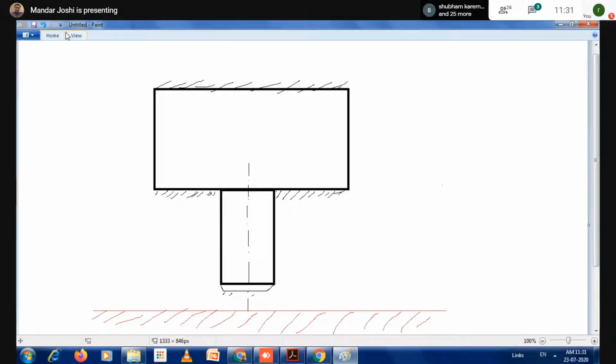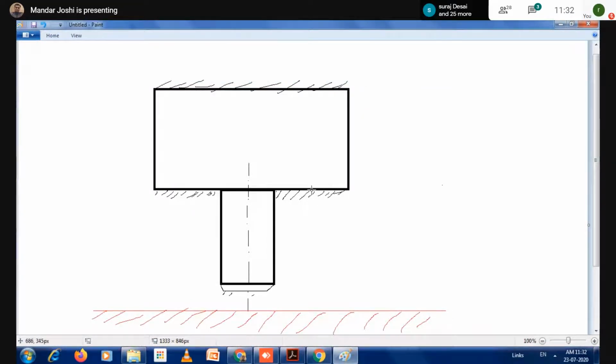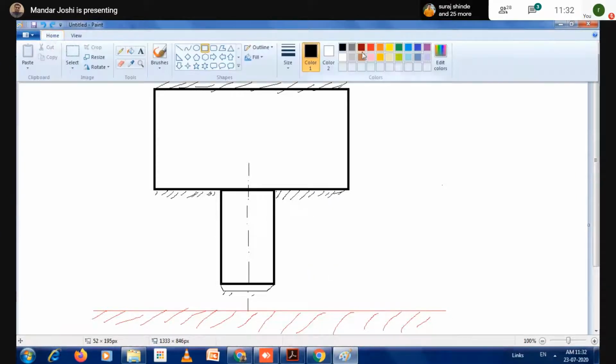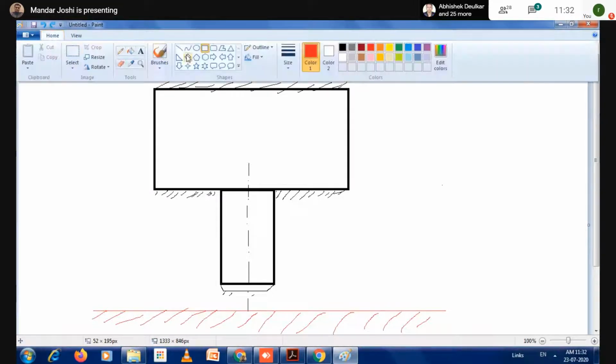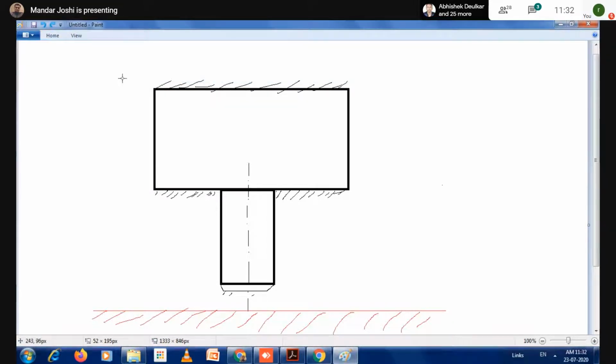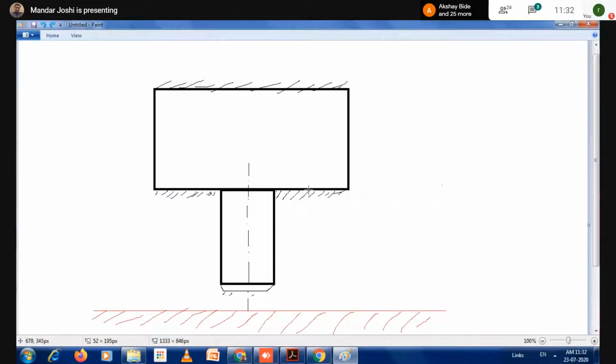In that situation, you do some management here. You create one cylindrical pin here, similar to this pin. Here also attach one pin.